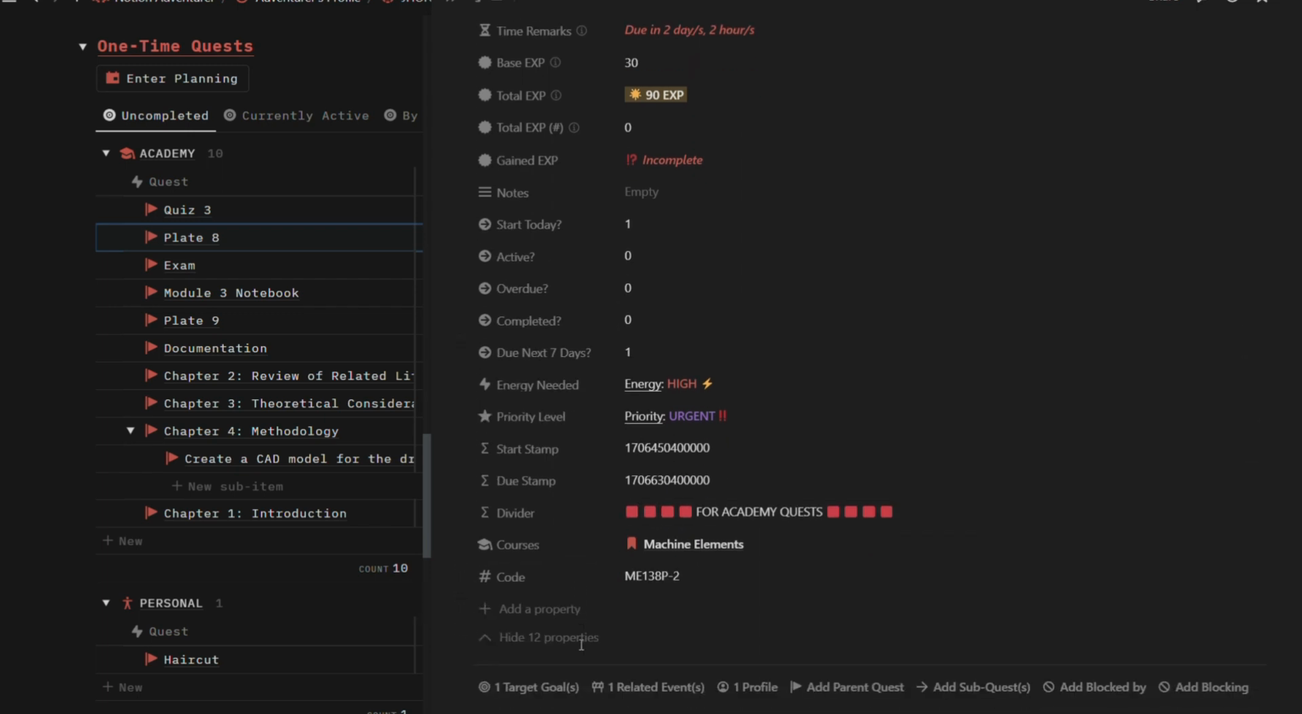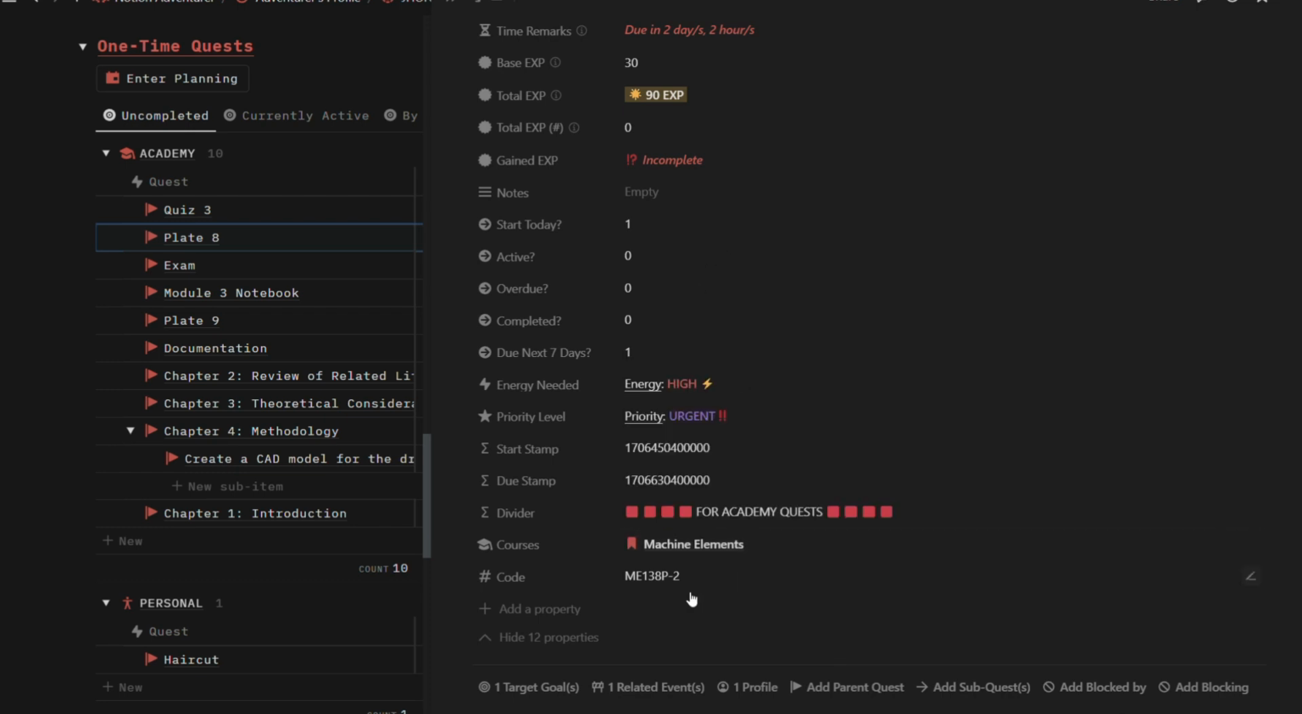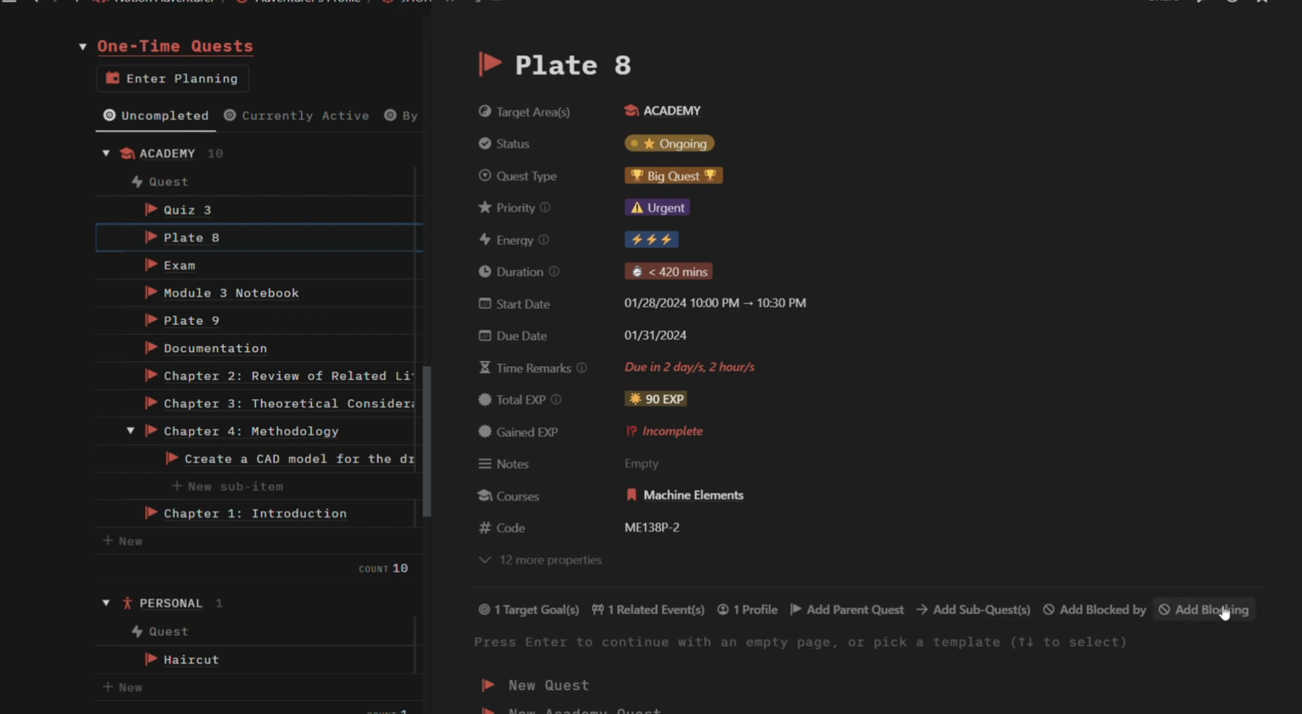And this is very important for academic quests. So if your quest is an academic quest, ensure to fill this relation property with your corresponding courses. For example, plate here is under my course machine elements, so here it would show my course, and I've also added here some